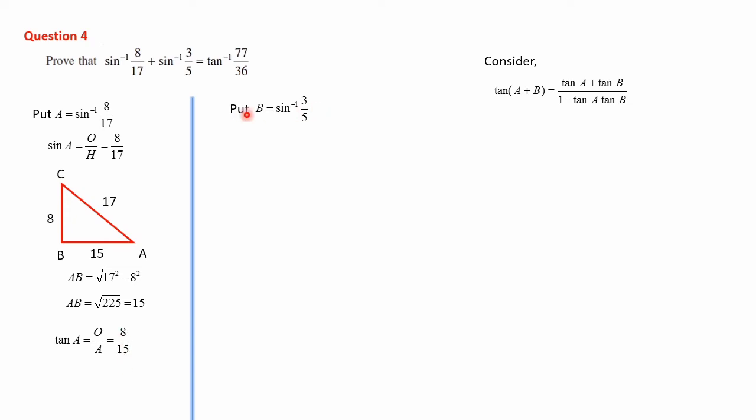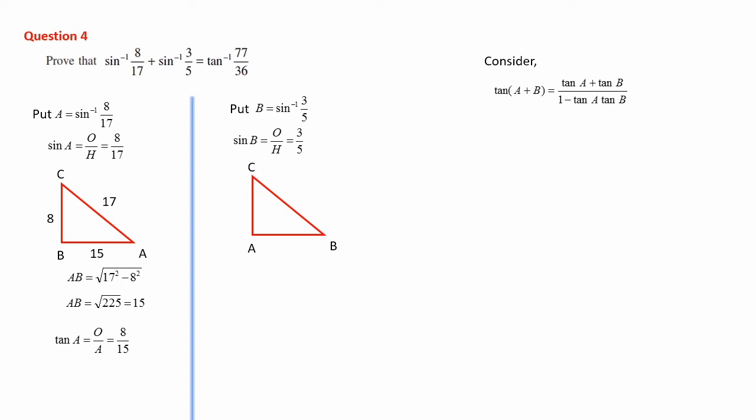Now come to this side and we will take sine B from here. Sine inverse, when you bring to the left side, it comes as sine. Sine B is equal to, as before, the formula is the same, O by H. O by H is equal to 3 by 5. Consider a right angle triangle ABC. Again, here we are fixing the angle because it is easy for us. So this angle we have fixed as B. Earlier A was our angle, that's why we took this one as A. Here B is our angle, so we are taking this one as B. So A will be placed somewhere else, either here or here.